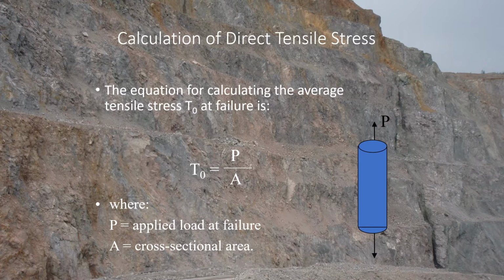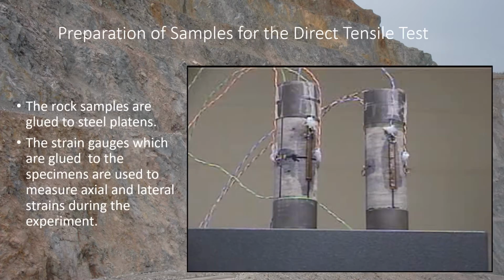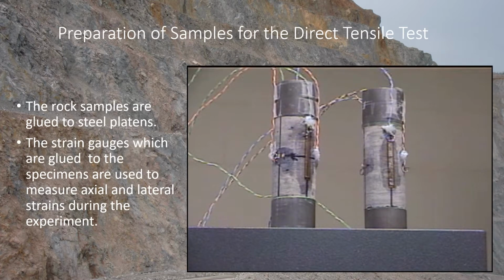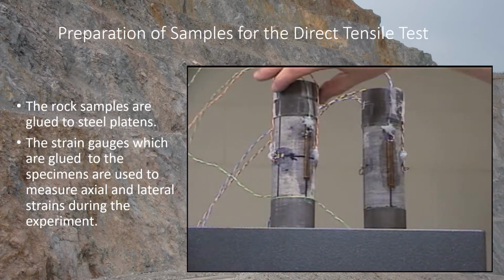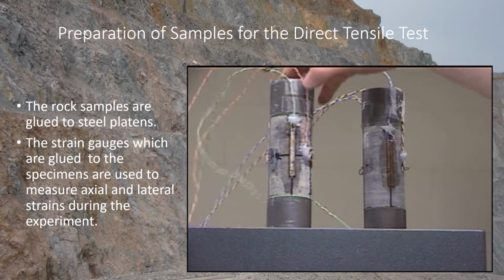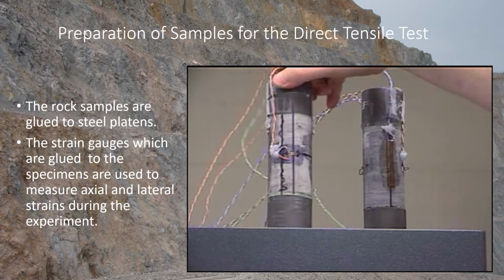The equation for calculating the average tensile stress, T0, at failure is basically applied load at failure divided by cross-sectional area of the sample. The rock samples are first glued to the steel platens using 2-part epoxy glue,